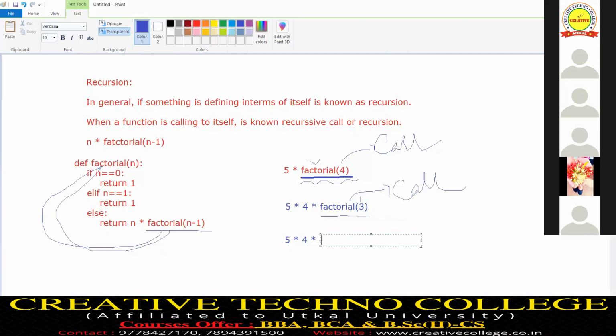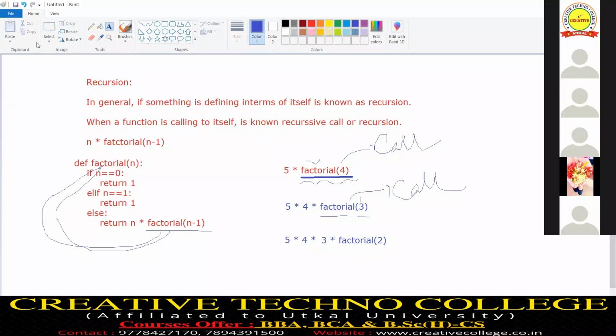So now the n value is 3, n into means 3 into factorial of 3 minus 1. So n minus 1, 3 minus 1, that is 2, factorial of 2. Now, factorial of 2 is a function call.